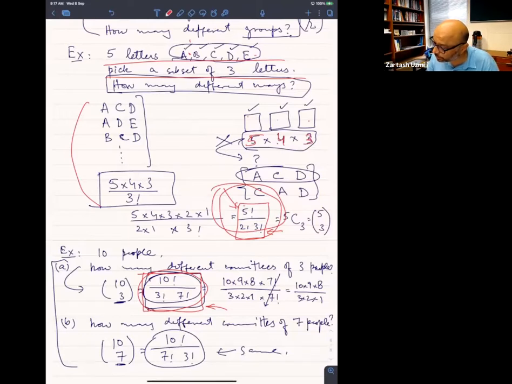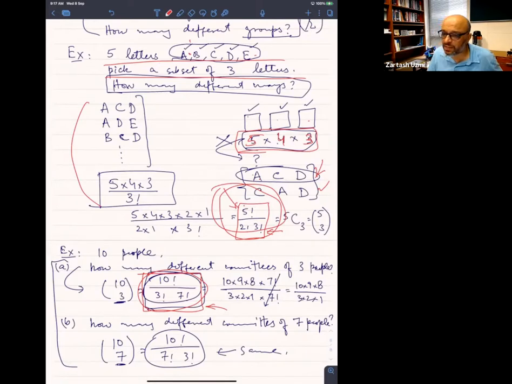ठीक है, लेकिन ये हमने सारा समझाया आपको कि अगर हम ऐसे करेंगे, तो ए सी डी और सी ए डी, ये जो 2 पॉसिबिलिटीज बनती हैं, ये दोनों एक ही पॉसिबिलिटी है, क्योंकि इस कमेटी में भी एसीडी है और इस कमेटी में भी एसीडी है. इसका मतलब है कि मैं इनको 2 अलग-अलग काउंट कर रहा हूं. अगर मैं सिर्फ 5 टाइम्स 4 टाइम्स 3 करूंगा, तो एसीडी और सीएडी की 2 अलग-अलग काउंटिंग हो रही होगी. भाई वो तो नहीं कर सकते, वो तो अनफेयर हो जाएगा. तो मुझे उसको डिवाइड करना पड़ेगा किसी नंबर से. किस नंबर से डिवाइड करना पड़ेगा कि सीएडी और एसीडी, ये जो 3 आपके पास लेटर्स हैं, इनकी जितनी परम्यूटेशंस बनती हैं, कितने डिफरेंट